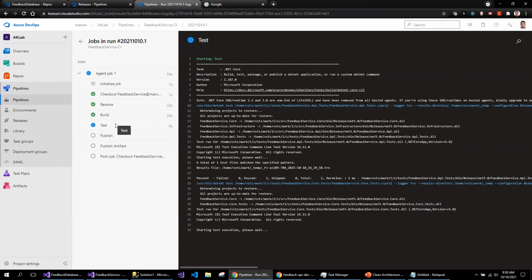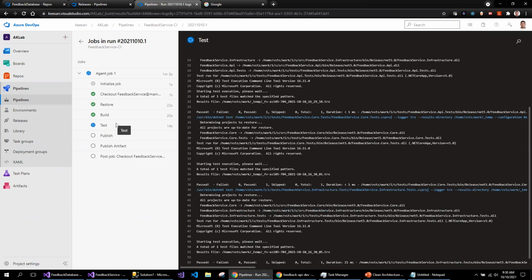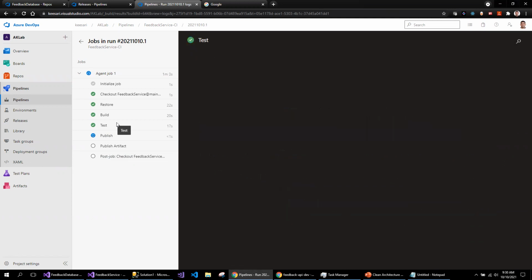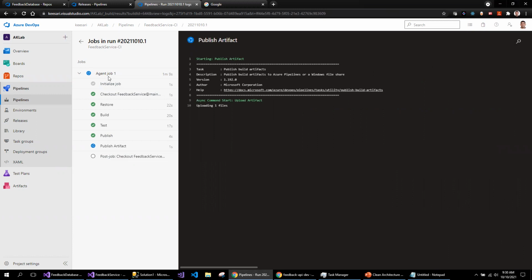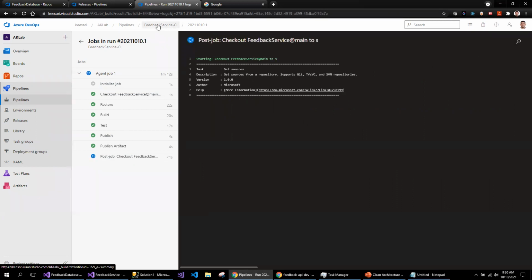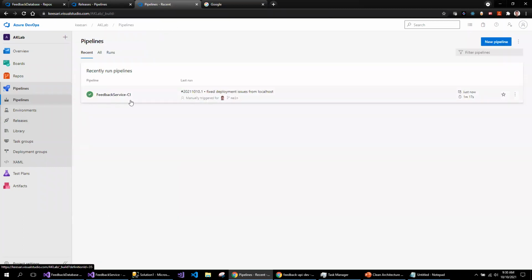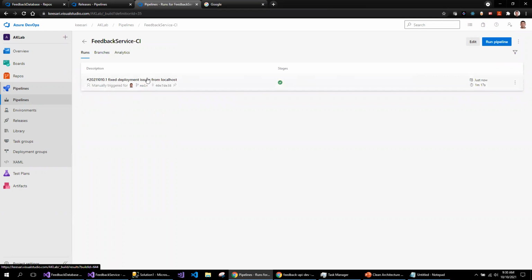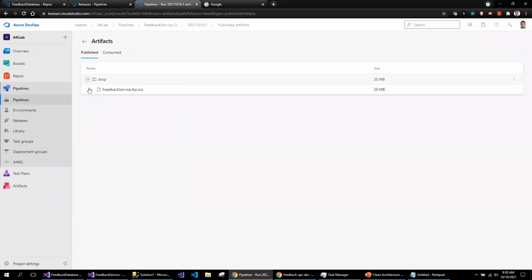But for this demo, I'm going to create a straightforward CI and CD. The goal is to publish the code into Azure by using the automated CI CD. My CI is almost ready. I've given an appropriate name and then the code is published. Now if I take a look here, once this is published, you will be able to see whether it's successfully published, and then when you click on here, the main important thing is to make sure that your published artifacts are coming as a zip file, so that this is going to be used in the release pipeline.